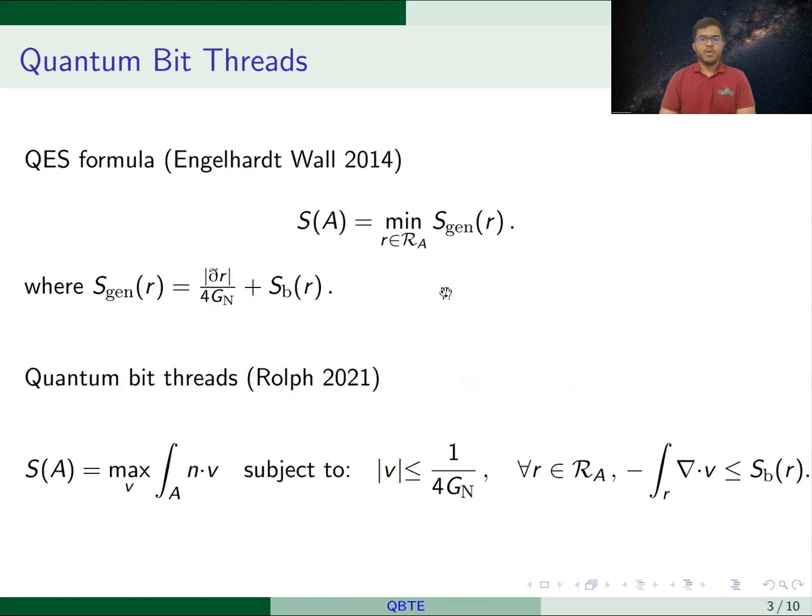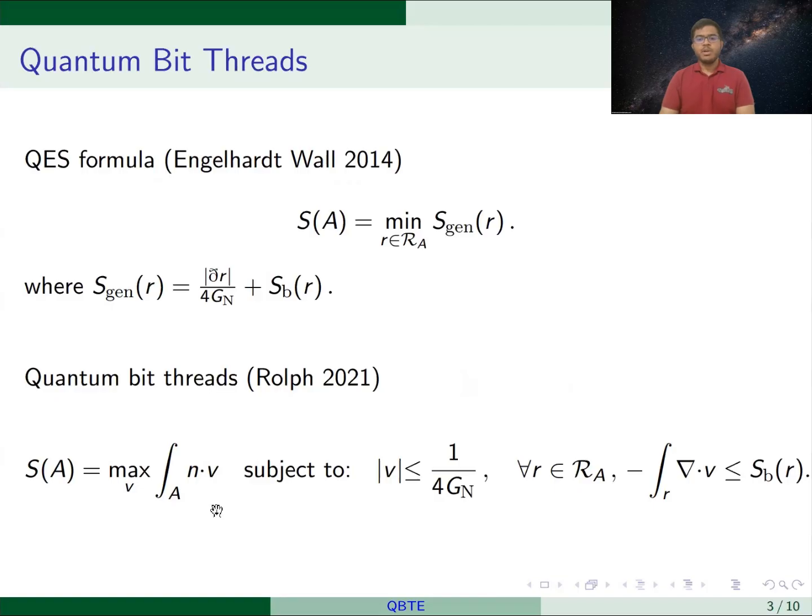There is a generalization of the RT formula called the quantum extremal surface formula for when the bulk matter is considered quantum rather than classical. The entropy of bulk matter, S bulk, is now included in the generalized entropy. Andrew Rolfe proved that the quantum extremal surface formula in the static case is dual to the following quantum Bithreads